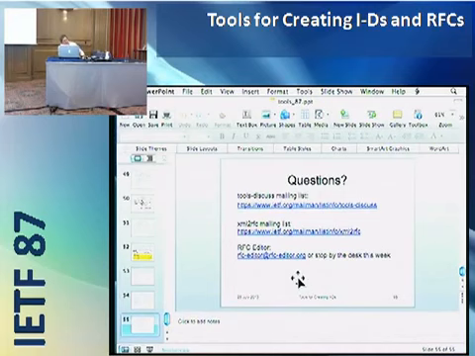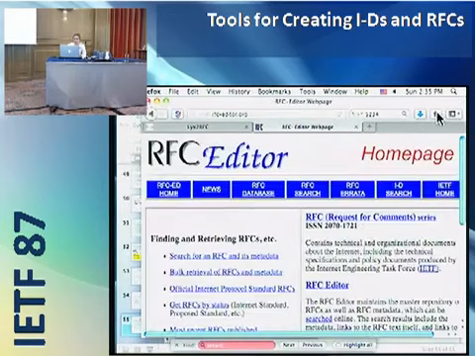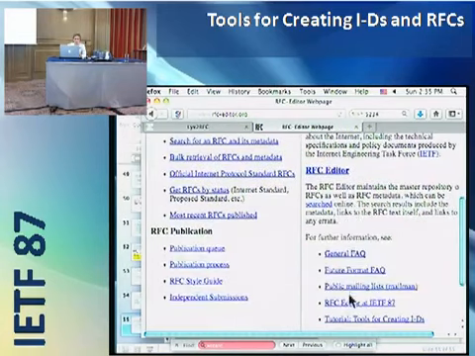Where is the tutorial? The tutorial will be included as part of the IETF materials, but right now the slides are on the RFC editor homepage. So rfc-editor.org, if you scroll down, tutorial tools for creating IDs,